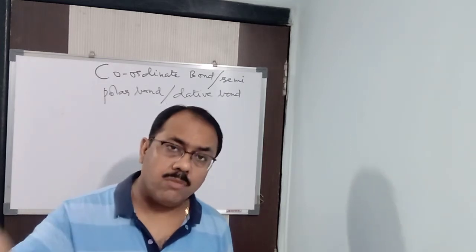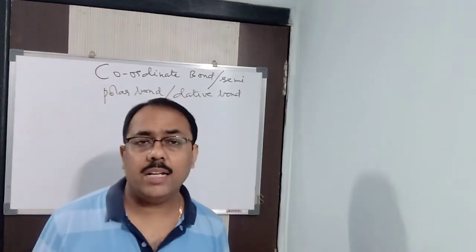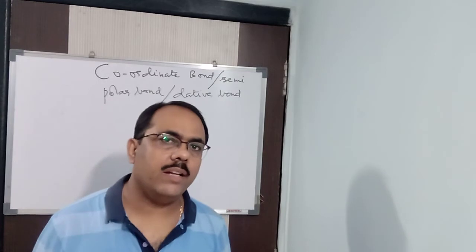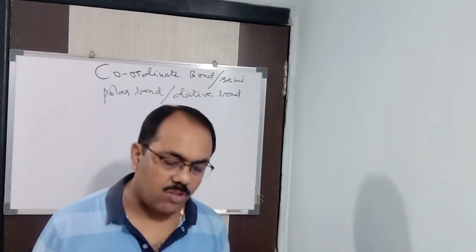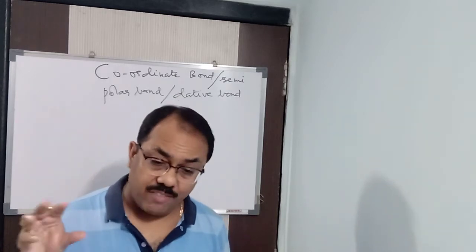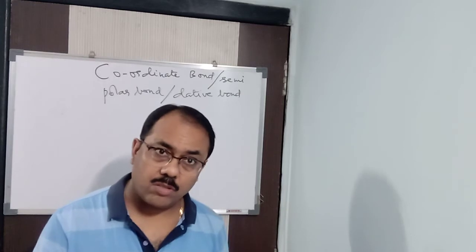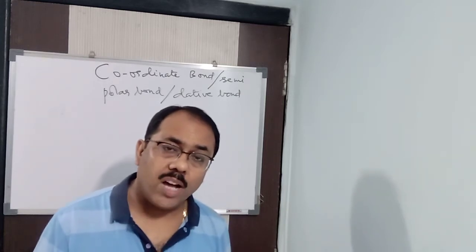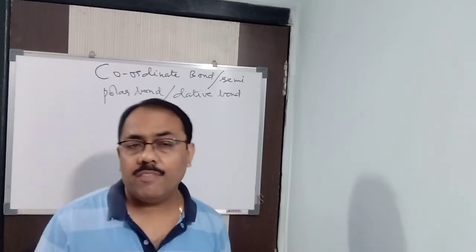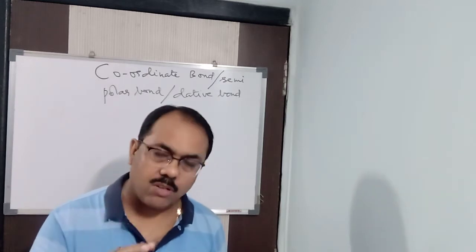But the electrons will be transferred from the central atom to the surrounding atom only after the central atom has attained the octet structure. Once the central atom attains the octet structure, then the pair of electrons will be transferred from the central atom to the surrounding atoms, which is having deficiency of electrons. Mind it, central atom should have excess of electrons. How do you know it is excess? Once the central atom attains the octet structure, a pair of electrons is left which does not participate in bond formation. That is called the lone pair of electrons.